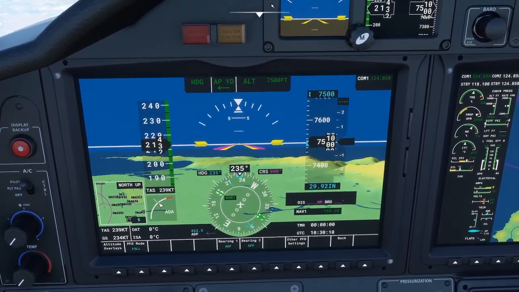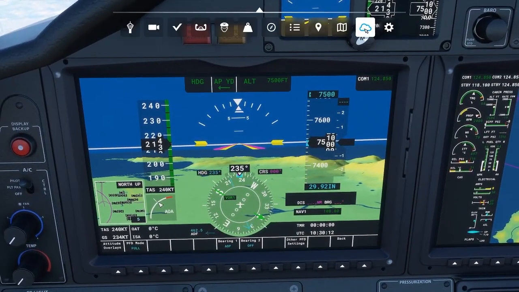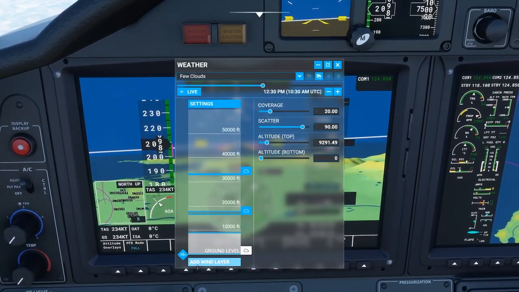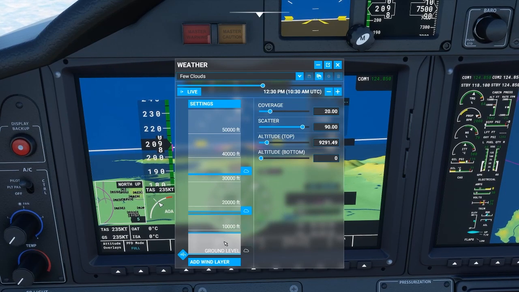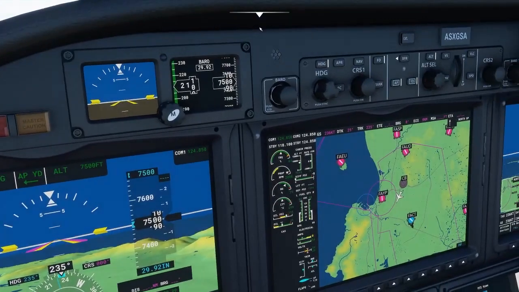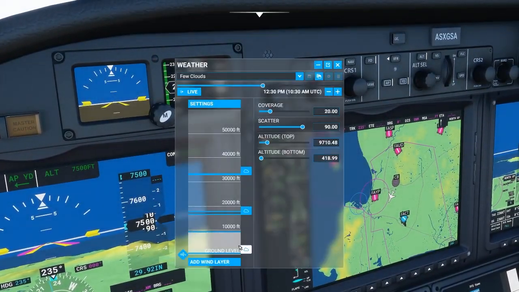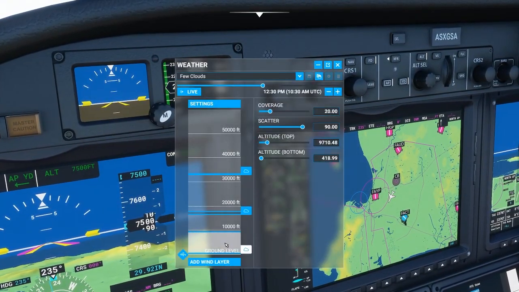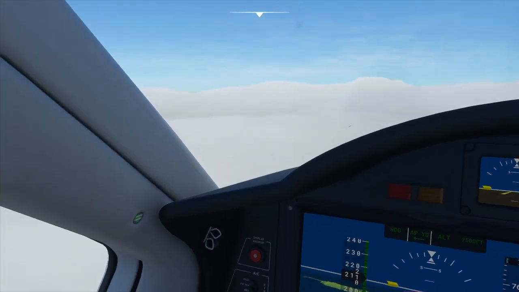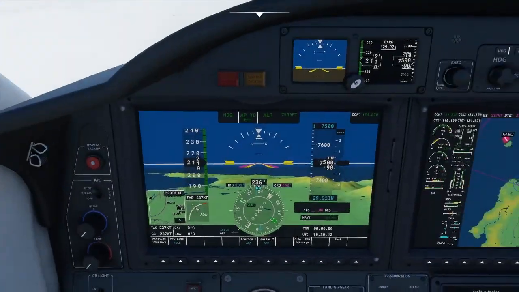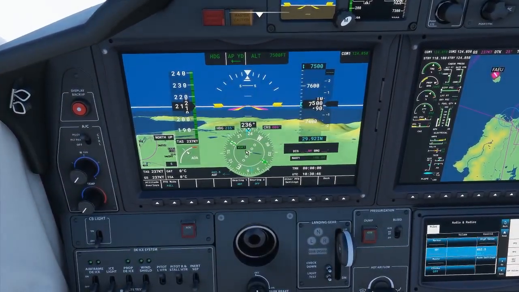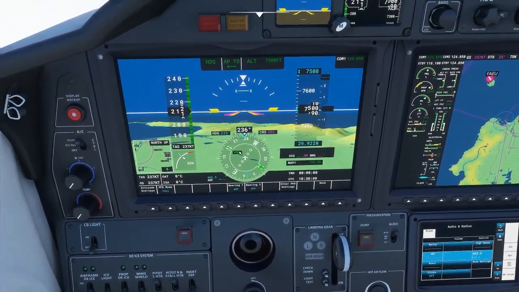So let's take the wind off for a second, and we're going to make it fully IMC. Bit of turbulence with that. Okay, so let's put it at 400 feet for now. What's happened? Can't see outside still. Cloud coverage 100%. Right. So we're up above the clouds, can't see the ground, and we've passed overhead our NDB,